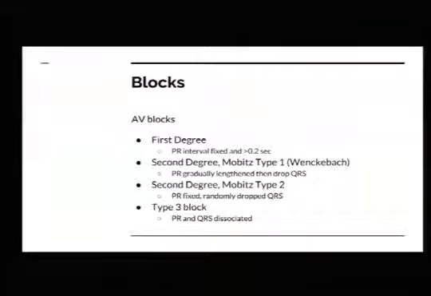So blocks. That means somewhere there's a block in the AV node down that pathway. First degree means just your PR is a little bit longer than it should be. Very little clinical importance in that. You see it a lot in your COPDers. Second degree, Mobitz 1, the good old Wenckebach. Mobitz 2